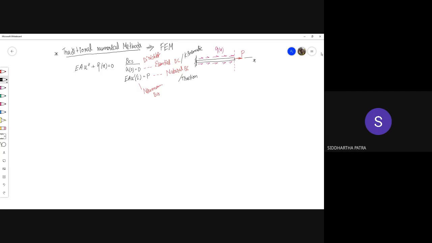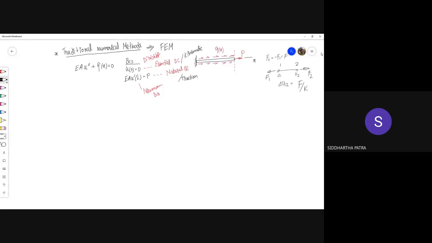Then if you have a solution, so we have seen for bar elements or even for spring elements, let's say with two nodes. Okay, so if there are u1 and u2, the difference of u1 and u2 is something which can be determined from the forces that are being applied. Of course, if the bar is in equilibrium, the two forces f1 and f2 should be equal and opposite, and then delta u can be determined as, let's say, f2 equals minus f1 equals f. So it is going to be f divided by k for a spring element,